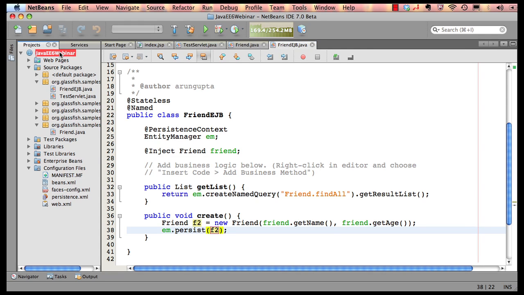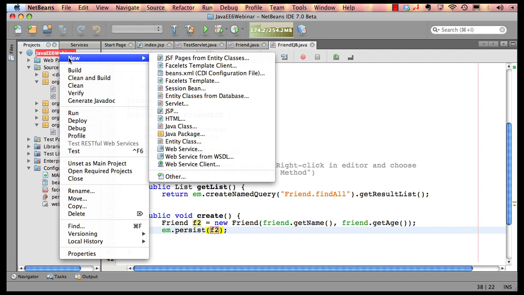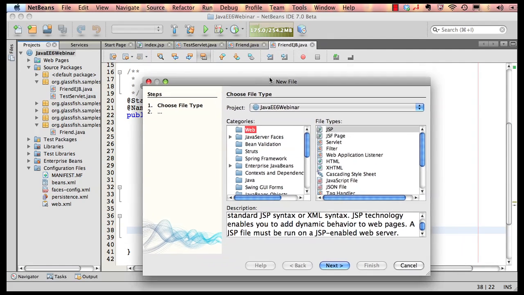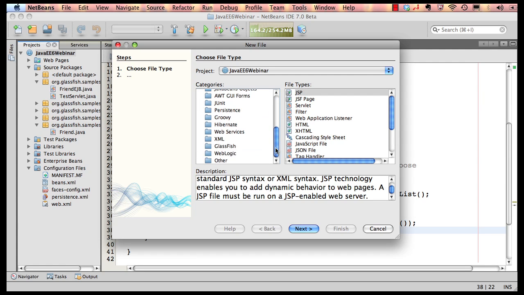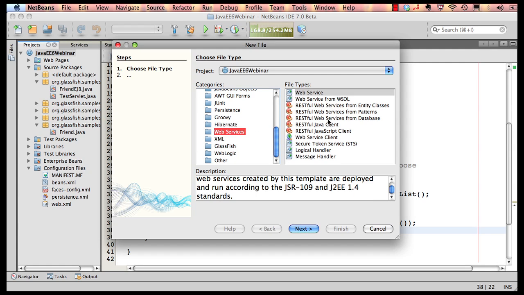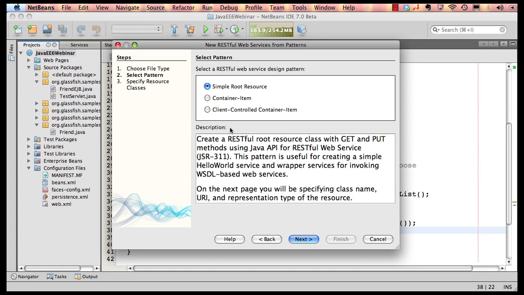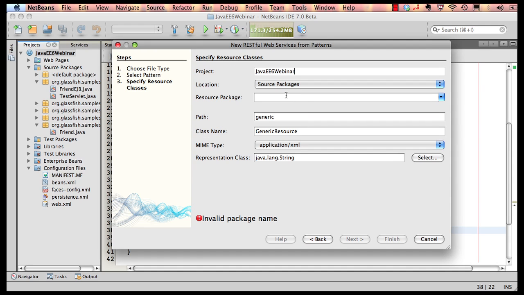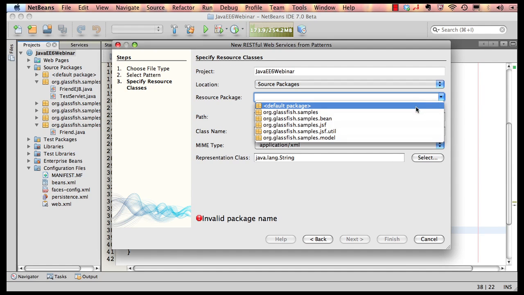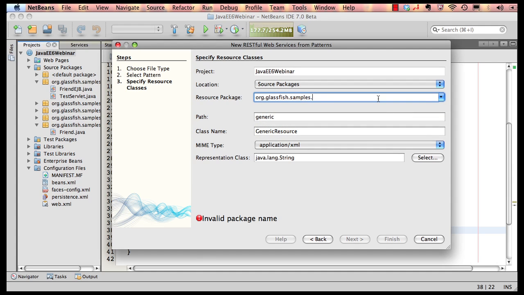Okay, that's good. So right click here, and I'm going to say I want to generate a new RESTful web services. So I say other, and then I go to the bottom, I select web services, and I'm going to generate RESTful web services from patterns. I can select on next. All I want to publish is a very simple root resource. Click on next over here. It's asking me for the resource package, so I'm going to pick samples, and then I'm going to add resource over here. And let's say my class name is going to be simple resource, and I want the path to be simple. Okay,